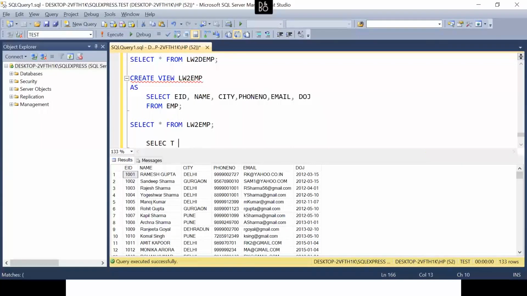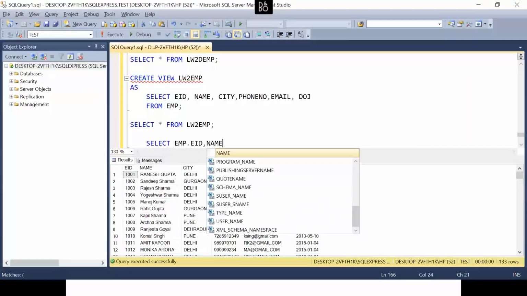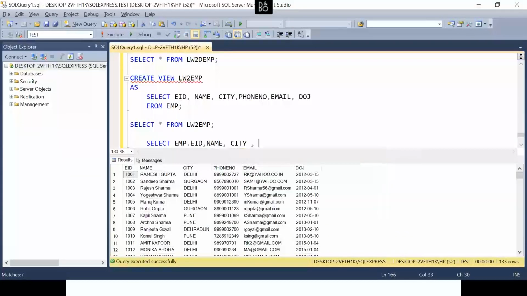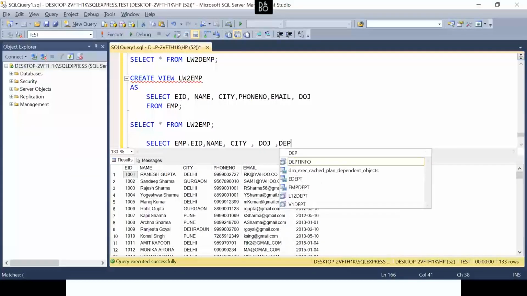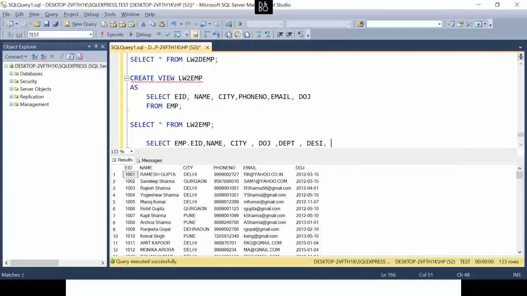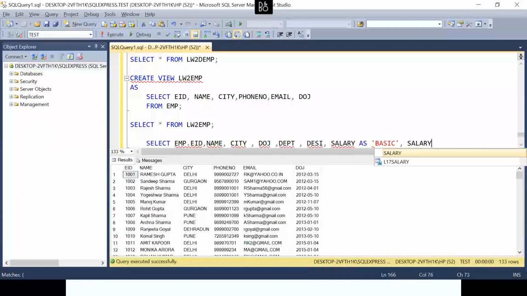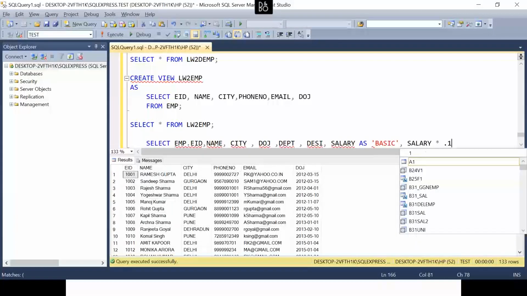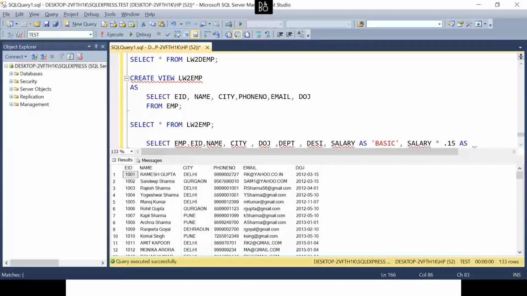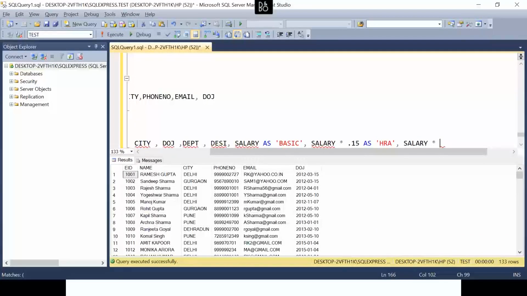So I will say select emp.eid, name, city, date of joining, department, designation, salary, let's claim it as basic, salary into 0.15 as, let's take HRA, salary into 0.09 as EF